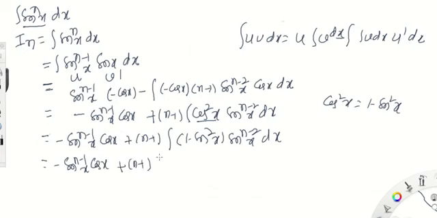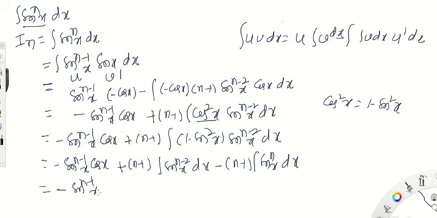plus n minus 1 into the integration of sine to the power of n minus 2 x dx. Again, plus into minus becomes minus n minus 1 into sine square x into sine to the power of n minus 2, which becomes the integration of sine to the power of n x dx. Observe the result here. You can take a calculation. Finally, we have sine to the power of n minus 1 x into cos x